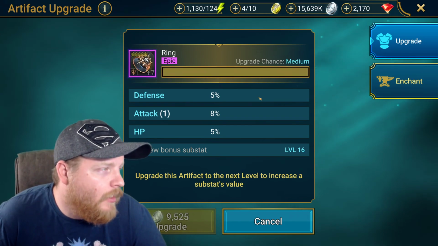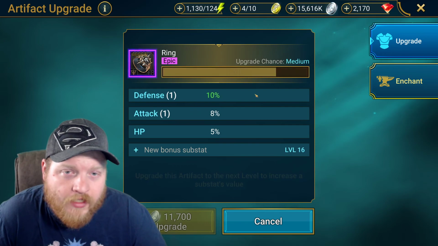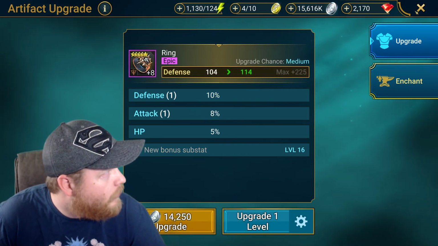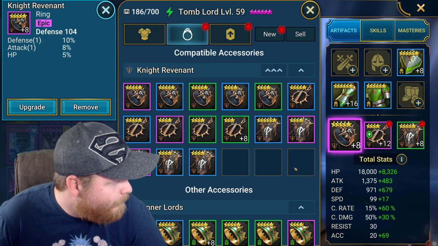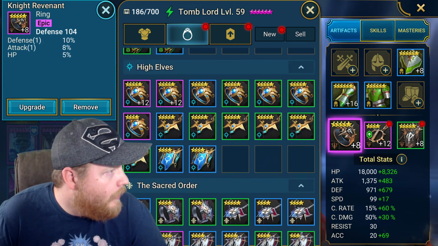Please don't roll attack again. I know it's a weird thing to ask, but it's the one stat on this I cared the least about. I'll take defense. I appreciate you. I only talked a little bit of shit, baby. Alright, so...